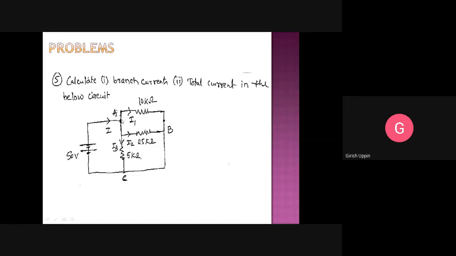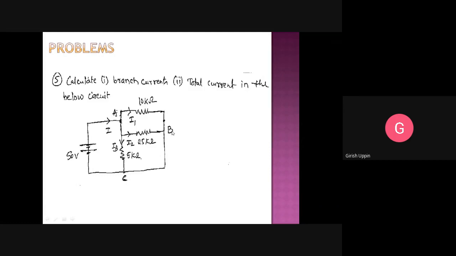So one end is connected to A, this end is connected to A, this end is connected to A, the other end is connected to node B. So this other end is connected to node B, and this big line is just to confuse you. Just stretch this line and join it here. The node C and node B are exactly the same. Why exactly the same? Because this is just a conducting wire. The potential at C and potential at B are exactly the same. So there is no way current will flow here.